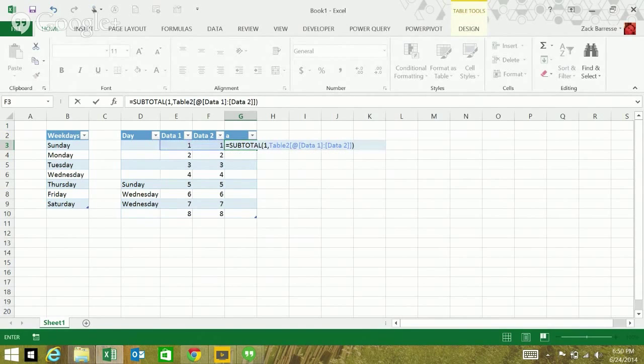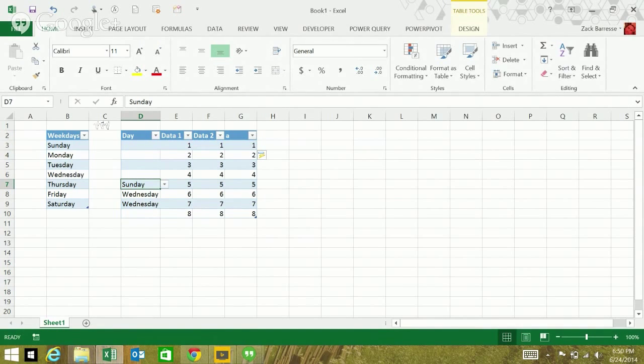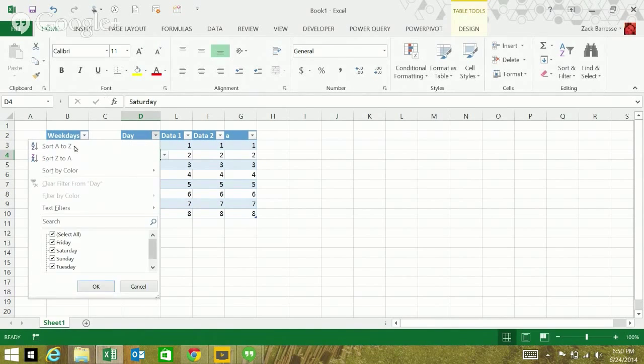I know this doesn't actually mean anything, but I've got the subtotal function in here, right? And it's in a calculated column, and this is basically a no-no. You don't ever really want to do that. So the bug is basically with a subtotal calculation in a calculated column, and this can happen without tables too, I believe. Every time you filter the data,